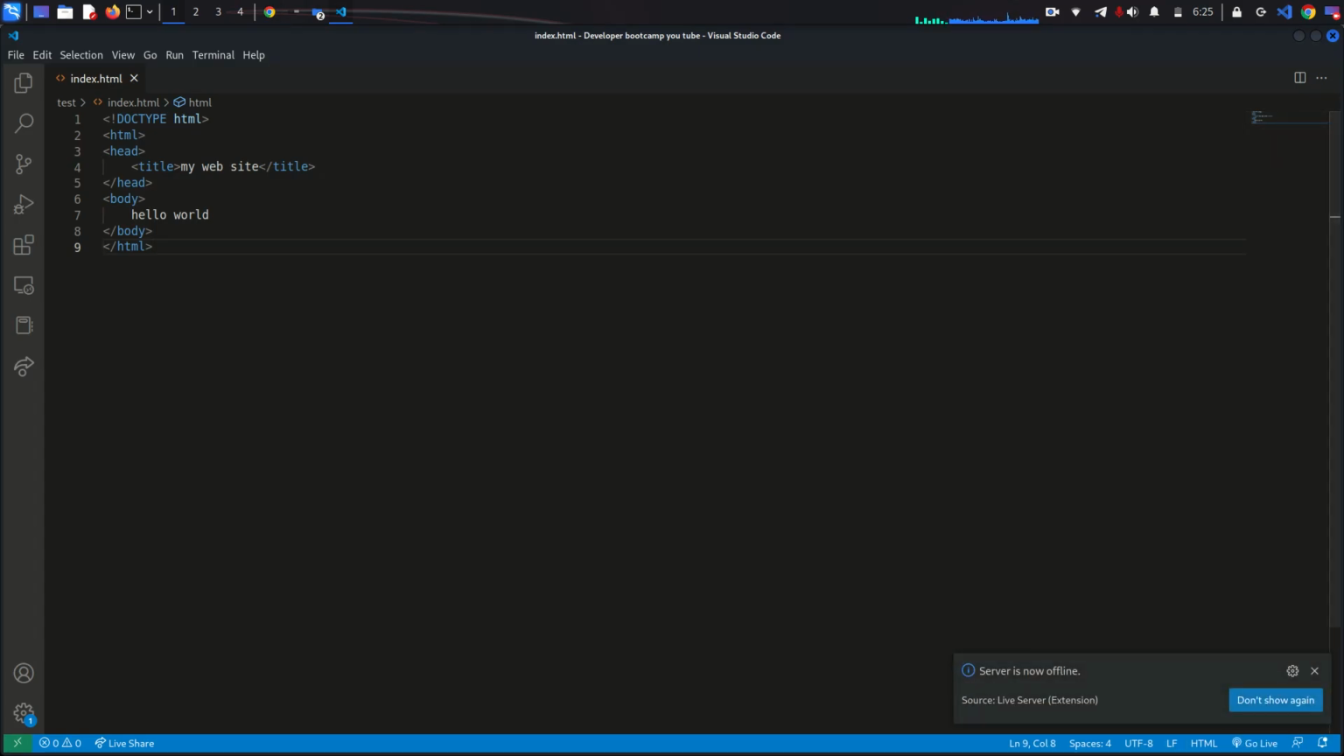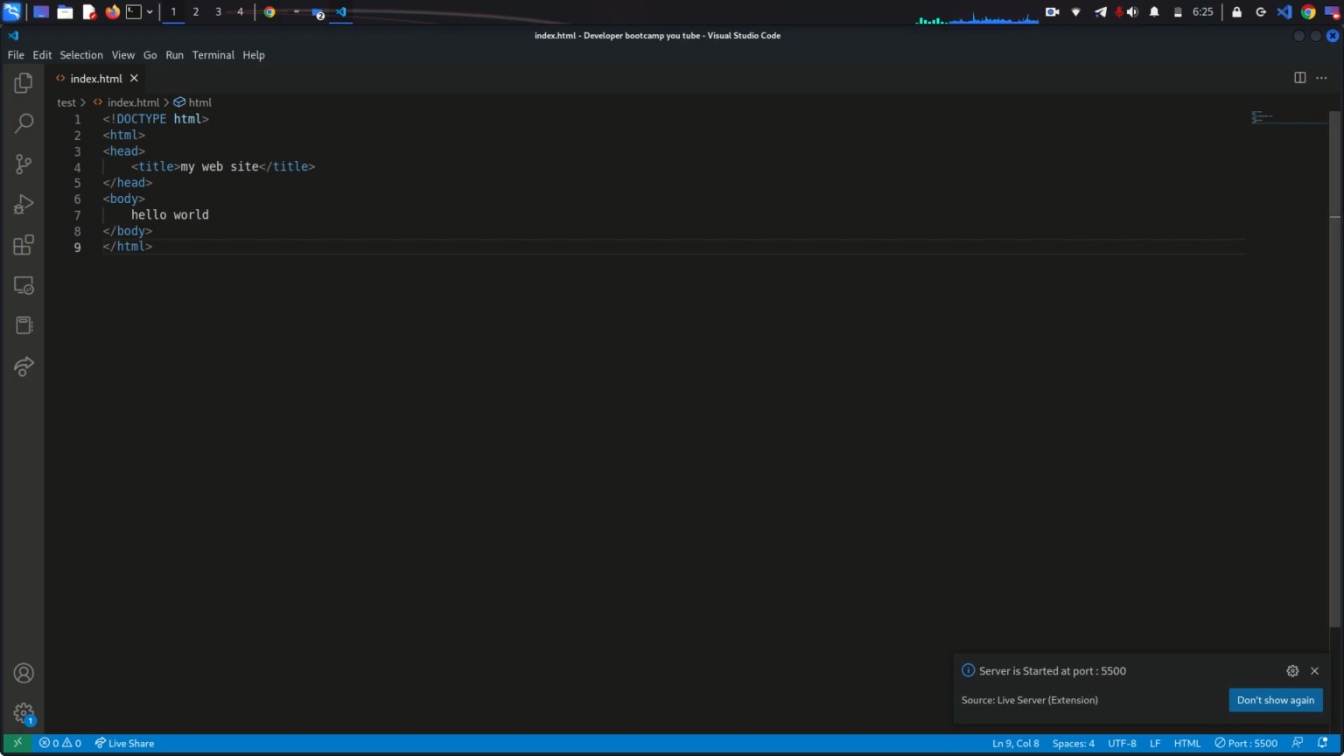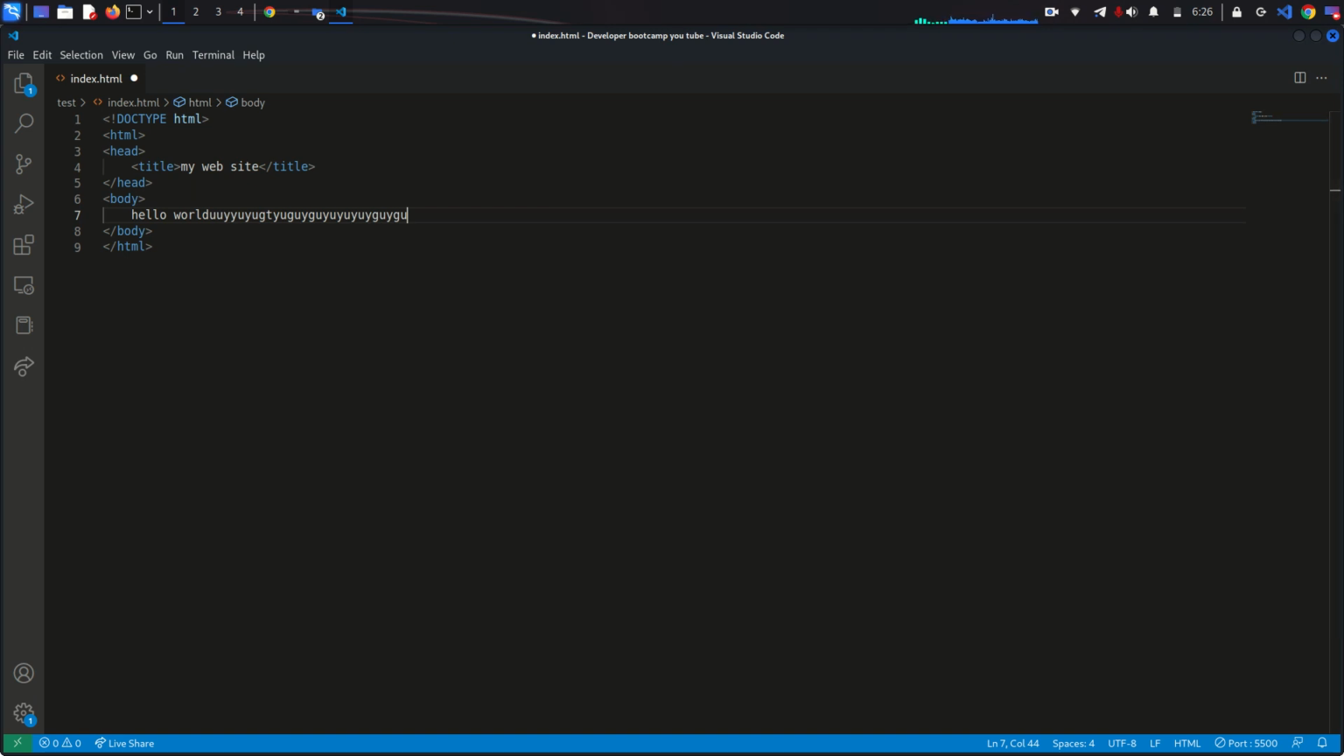You see at the bottom here is the button Go Live. If you click this button, it will launch your website as well. You see. What does it do? What does this Live Server do? For example, if we type like this, and in order to save our documents,